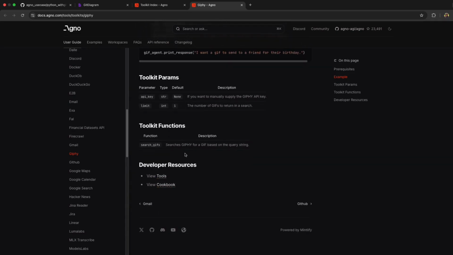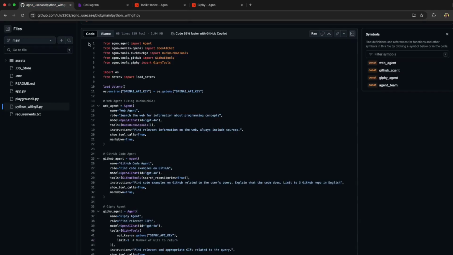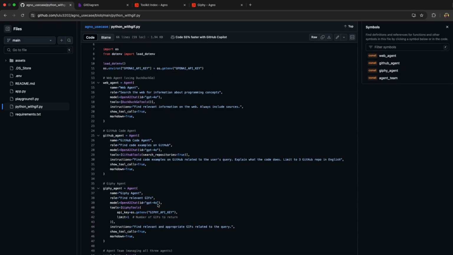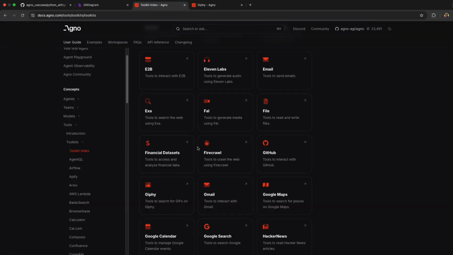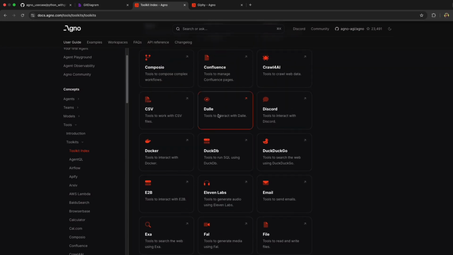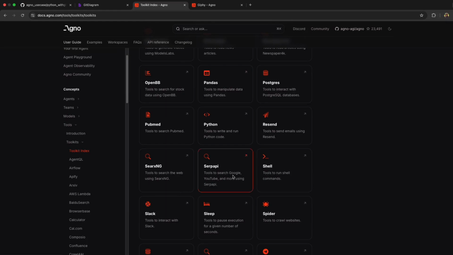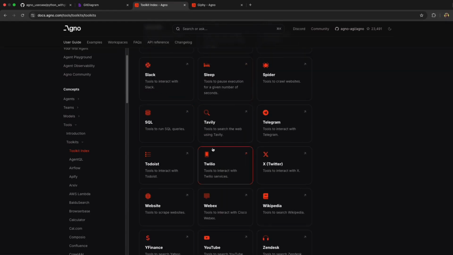This is what helped me customize the code to pick these 3 custom agents for my use case. I highly recommend you go through this toolkit index page and review all the different toolkits that they have already made available for you.